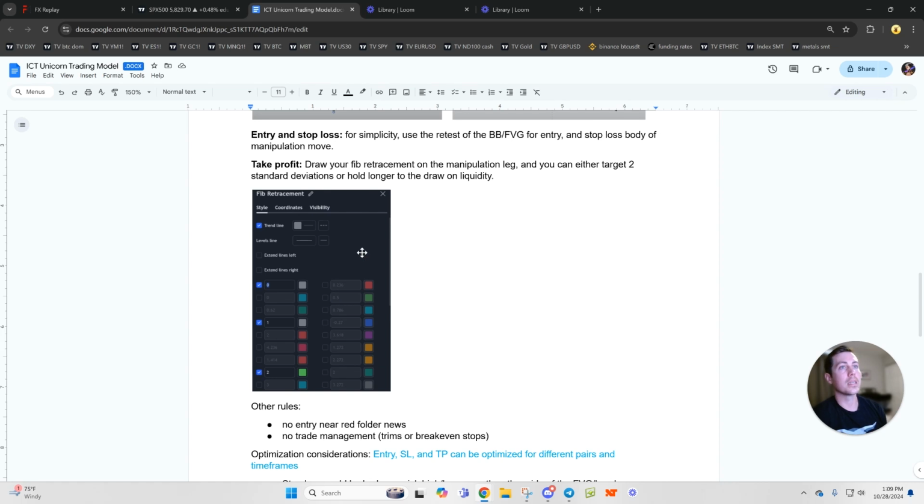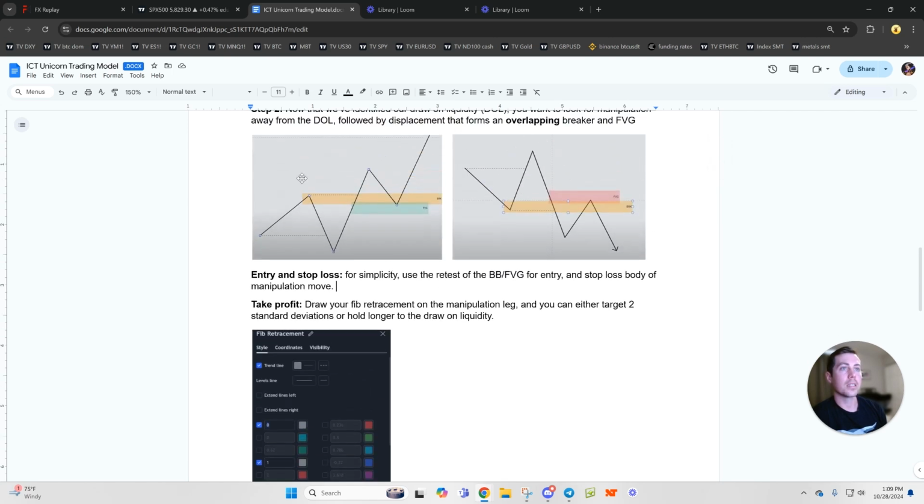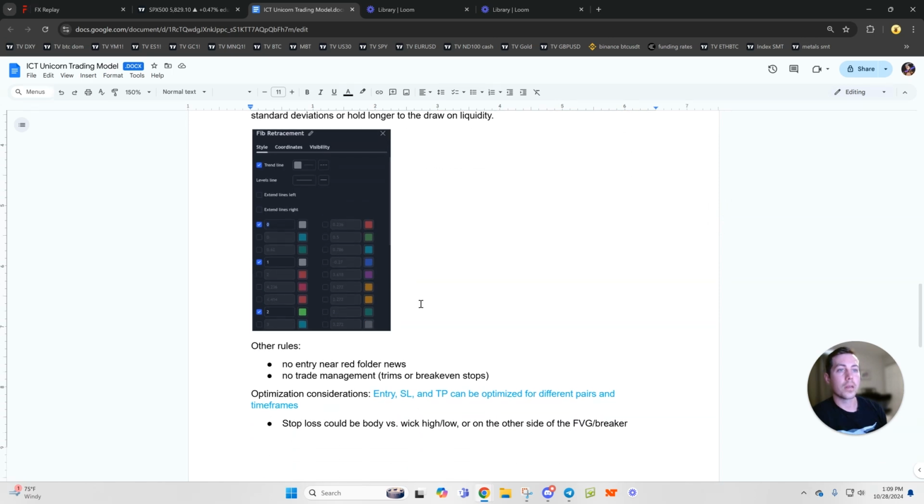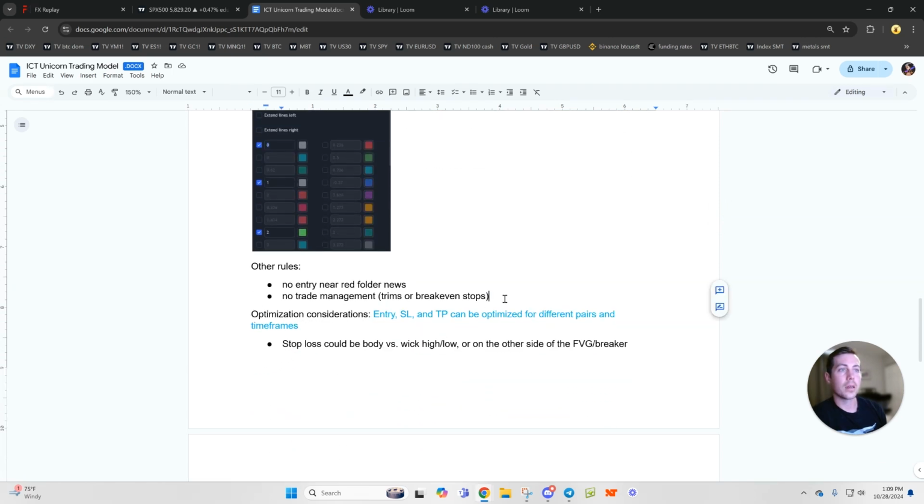And then take profit levels for this strategy. Most people that I see will generally draw a fib retracement with a simple standard deviation measurement of this manipulation leg here, and then they'll project out 2 standard deviations above that or below it, vice versa, and that'll be their primary take profit, or you could hold it longer to the draw on liquidity. So we'll use those today, and then we're not going to trade if it's right on red folder